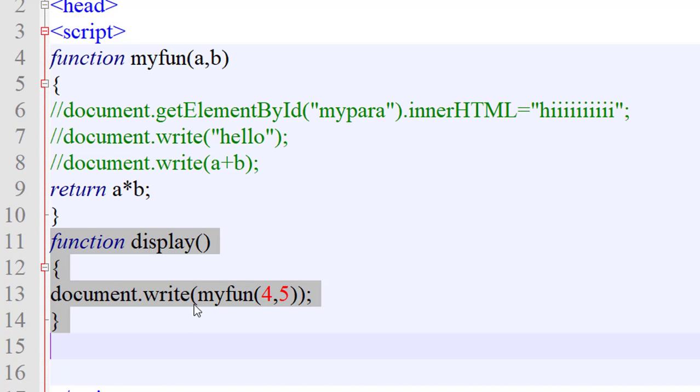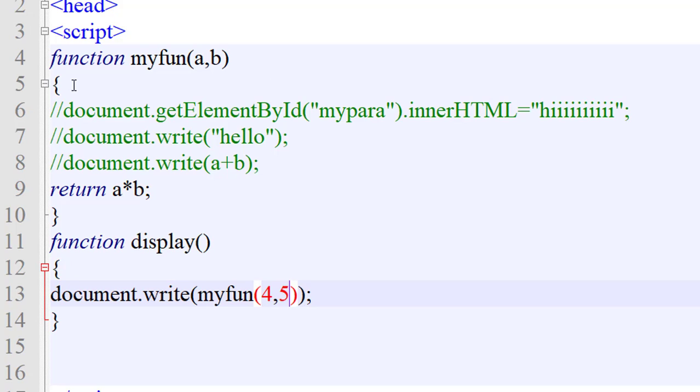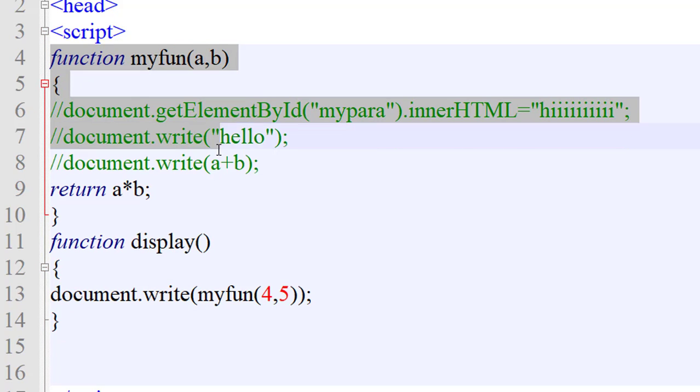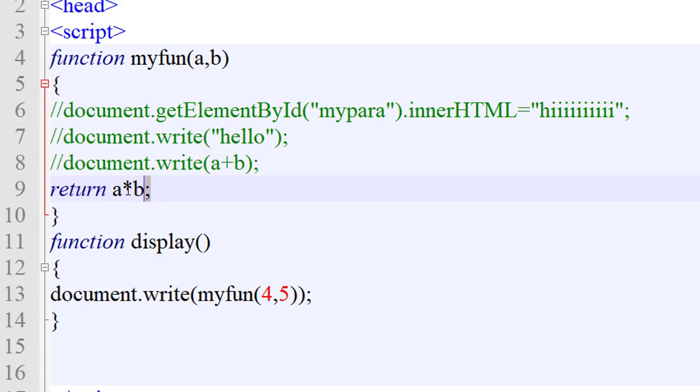In the display function my function is called. So the call is transferred to my function, and in my function only the return A and B is happening. So the output will be 20.